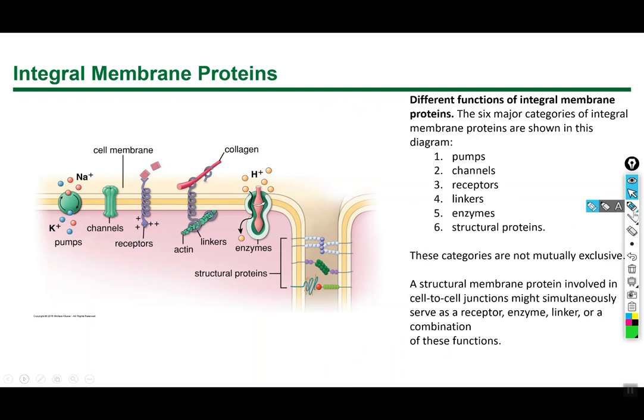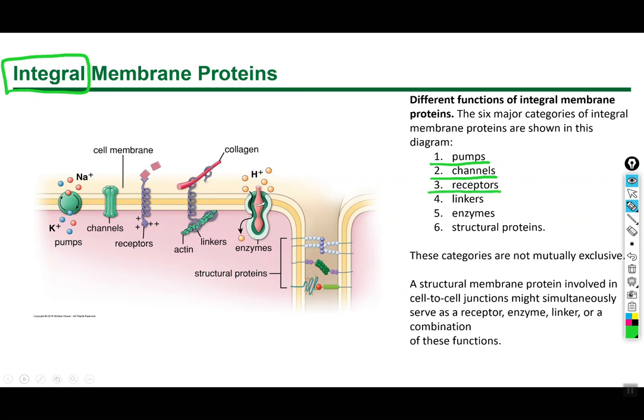Integral membrane proteins are really, really important. Integral means they are going through and stuck into the membrane, which you can see here. So they include pumps, which move things across the membrane, channels, which do the same thing, but in a different manner,